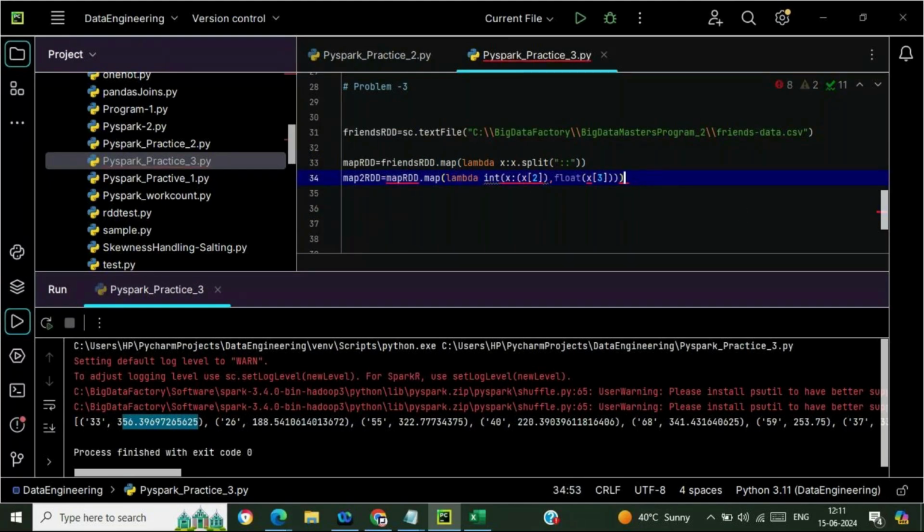What has happened? Lambda x, colon, sorry, integer of this.